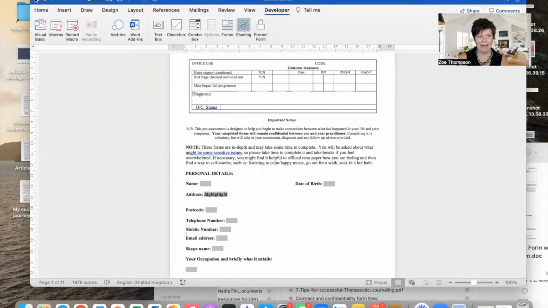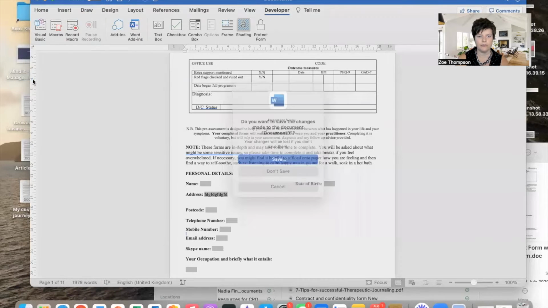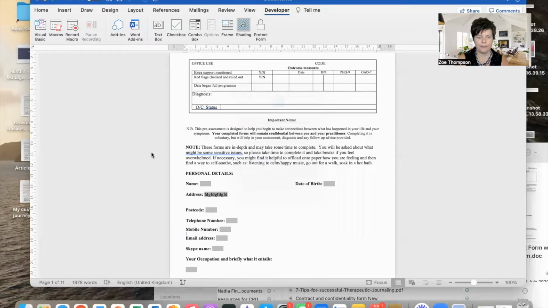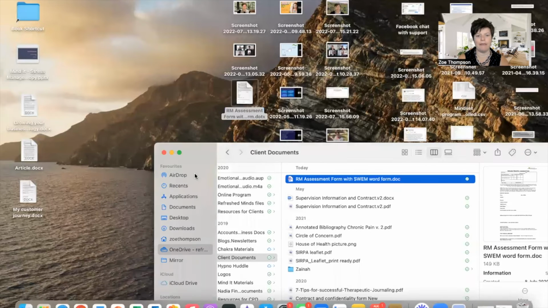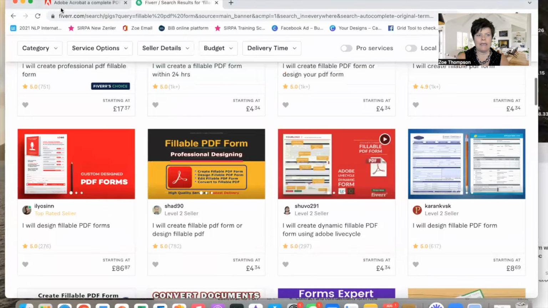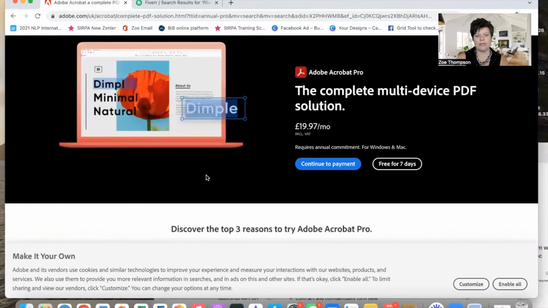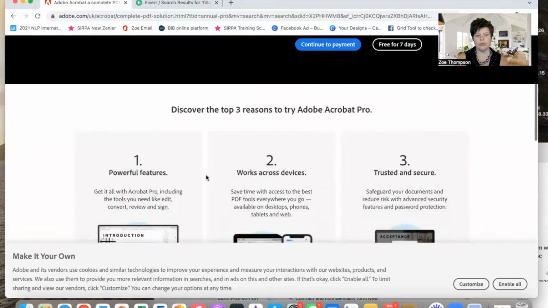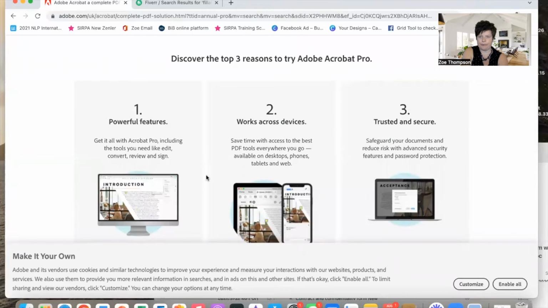If you want the PDF version of this, now why would you want the PDF version? Well, because PDFs allow you to create lots of different kinds of templates. So if I was doing an online course, for example, and I had loads of form templates that I wanted